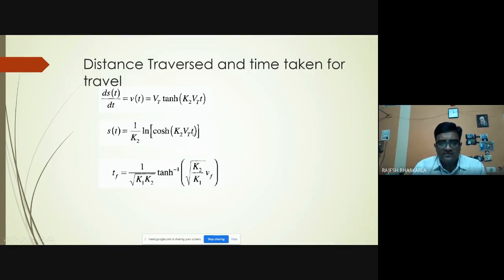Now from this expression for s, we can also calculate t, the time of travel. If you solve this equation for t, you can get the time. The time of travel is represented in different ways. You can get it from this expression, from cosh or even from tanh. So these are two different ways of finding time. The only difference is that here the expression is in terms of velocity, and here it is in terms of time. Is that clear to everyone?